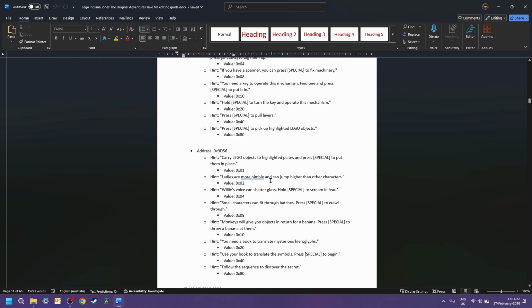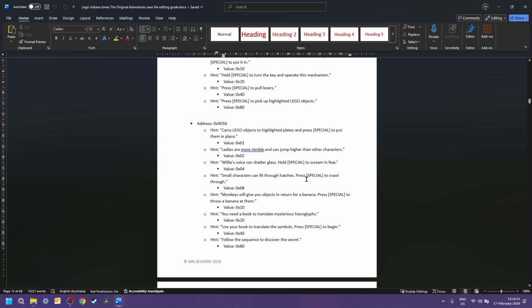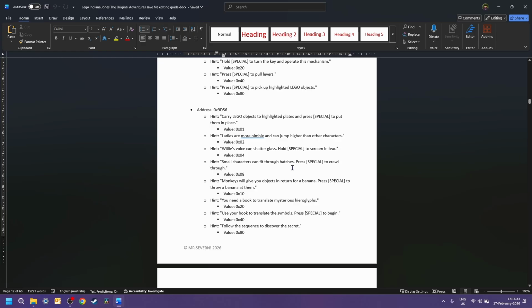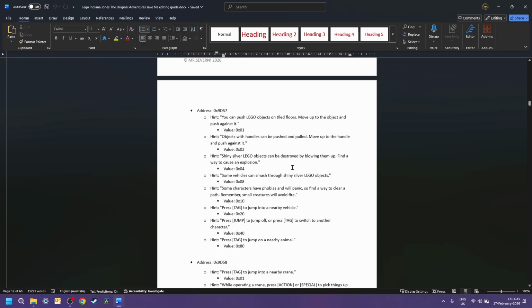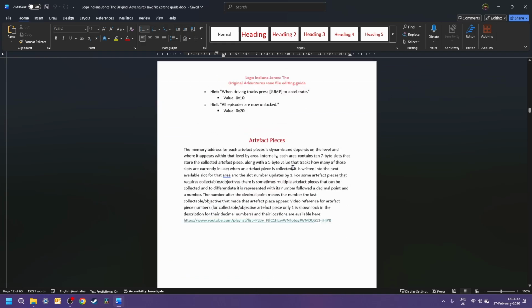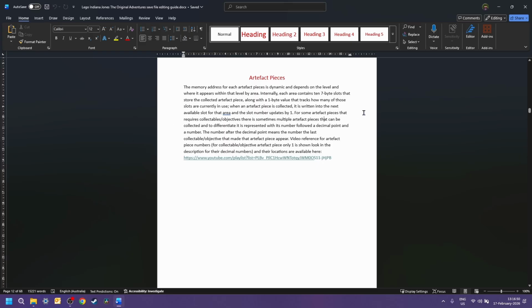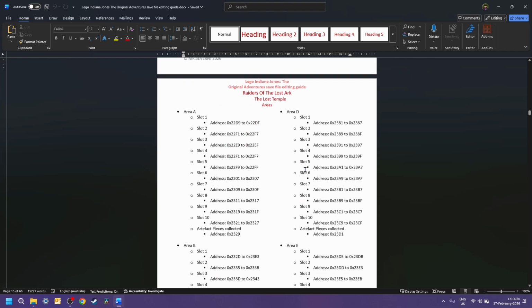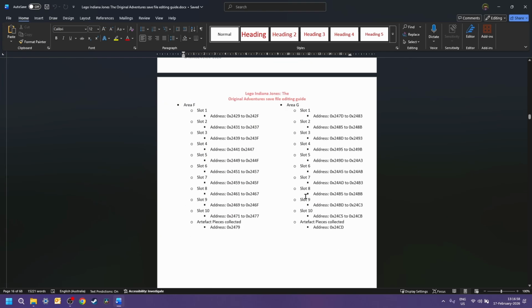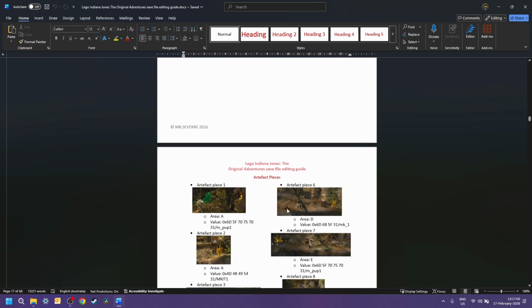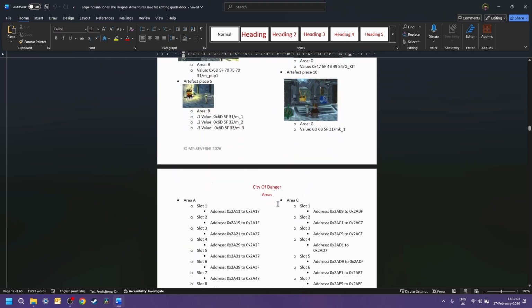Sometimes this one, when you're in the level Into the Mountains, this one shows regardless of the value being filled. So I assume that's something to do with it being hard coded into the level or something. And then artifact pieces, pretty much the same as canisters and stuff like that, and then a dedicated video and stuff like that, and then all your slots and pieces collected, and then just photos of them all.